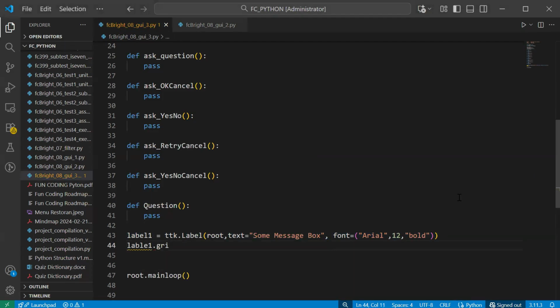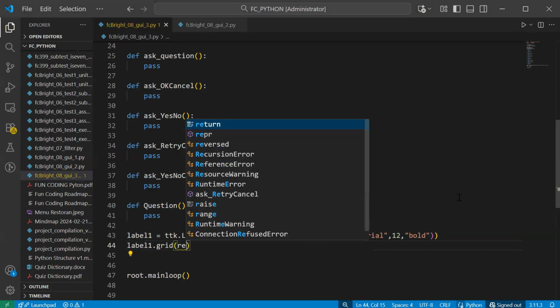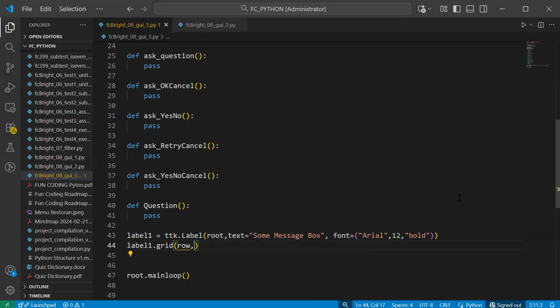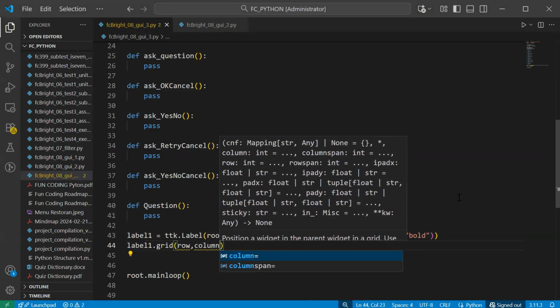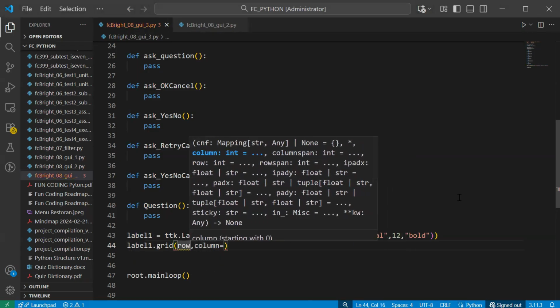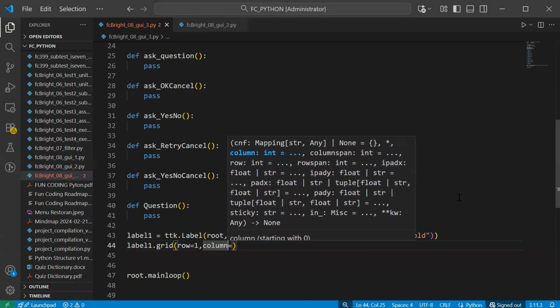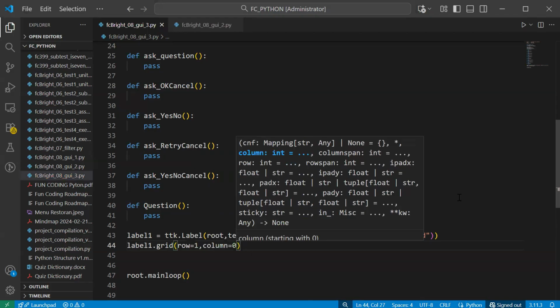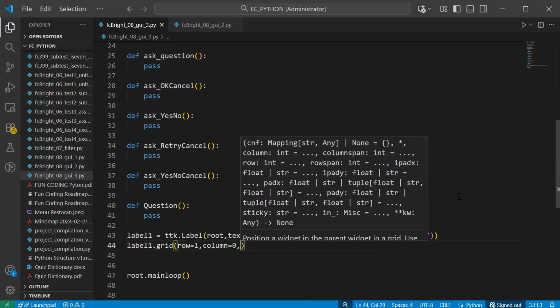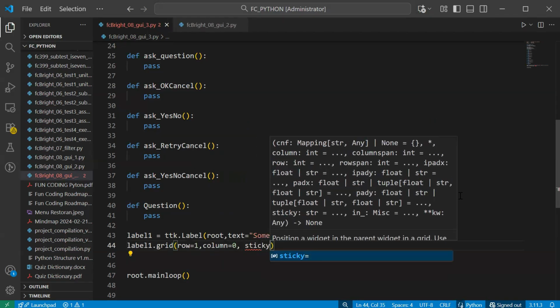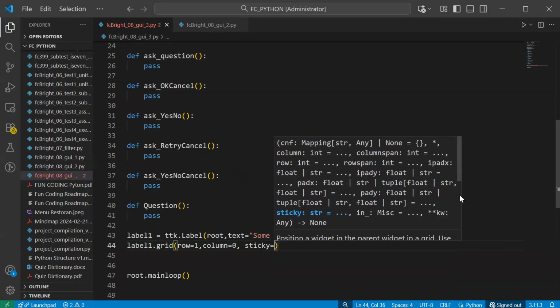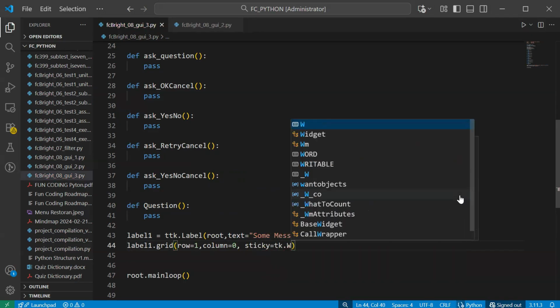You remember? In the grid, you have the parameters row and column, so you have to determine the row and the column. Let's say row 1, column 0. And sticky here with tk.W.